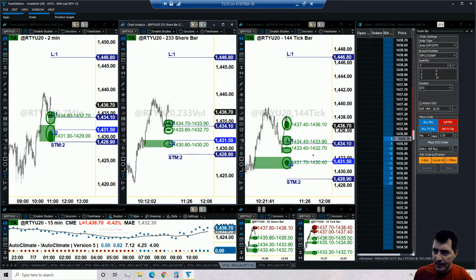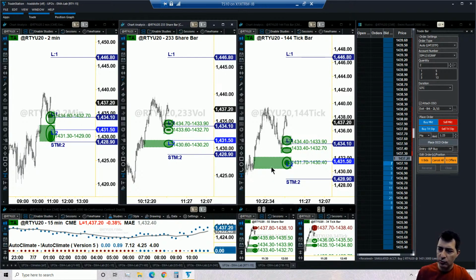So that's the entry. Now notice again, great amount of room to get to the stop. And why is that? Well, this is because of that UFO, okay, which is wider and ends at 29. So the stop is on the white space on the left, the stop is on the white space in the middle, the stop is on the white space on the right. Okay, and then equal distance above, we got our safety target 1434.10, and then our final target 5 to 1 away at 1446.8. Okay, so the trade is in for the Russell.